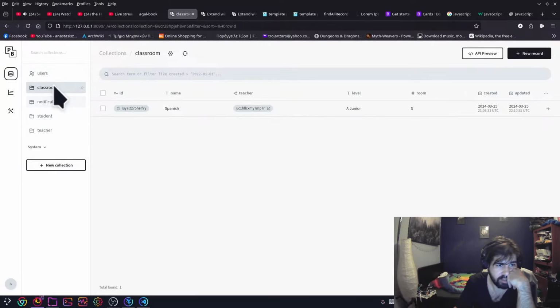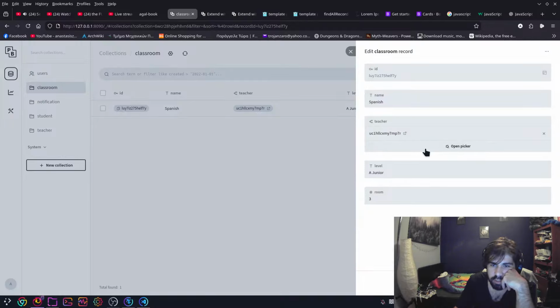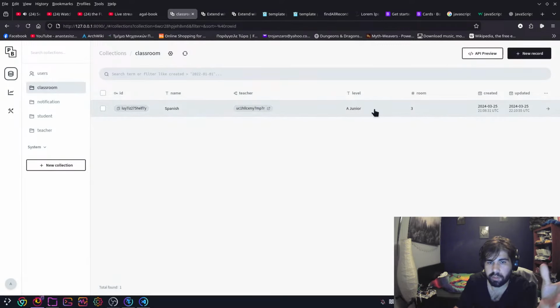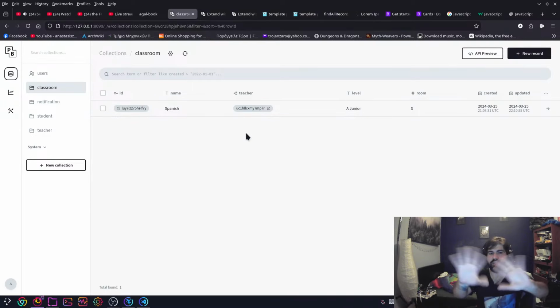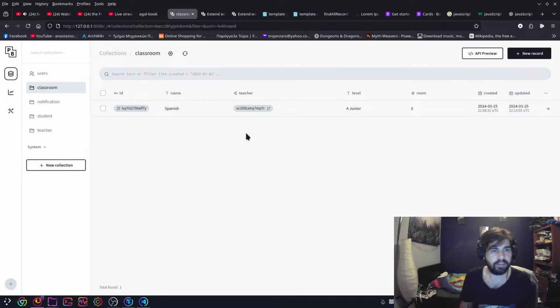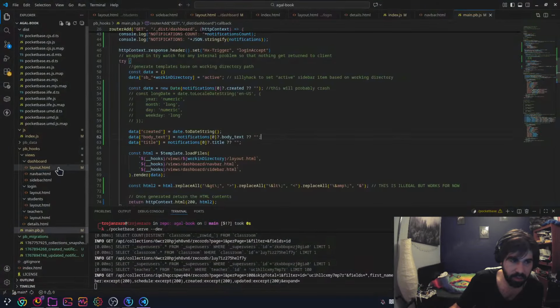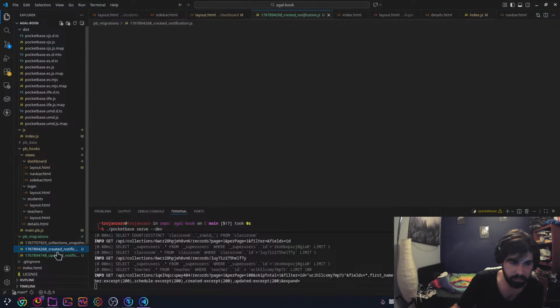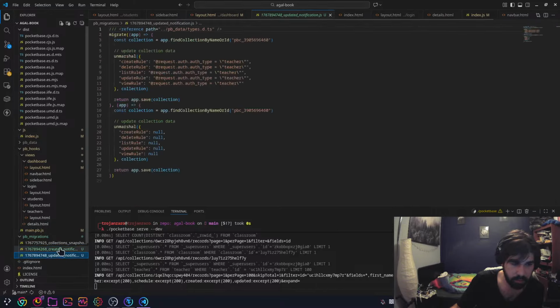So we have classrooms. And we did have teachers and stuff. So we do have what this is going to be. Name, room 3, whatever. So these are a whole bunch of placeholder values that don't mean anything. I'm not going to do much else.